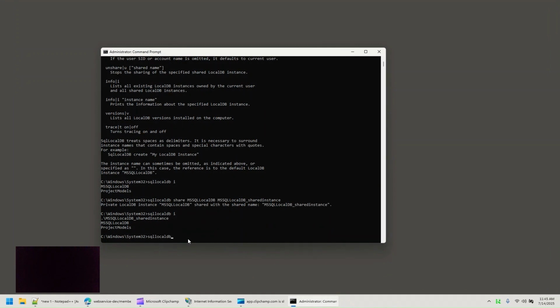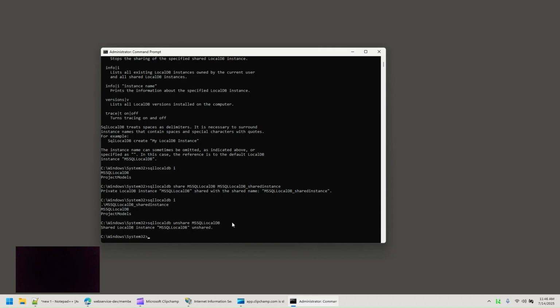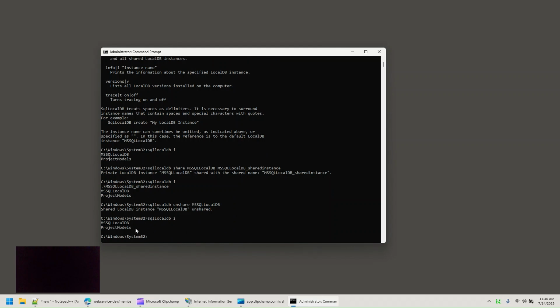Let's see what they are here. Okay. So when we unshare, we're going to unshare this, which means we're going to uncreate that shared instance. If we I again here, it'll just give us our two original ones and leave out the shared instance, because that doesn't exist anymore. All right, so if we go back over to SQL Server,